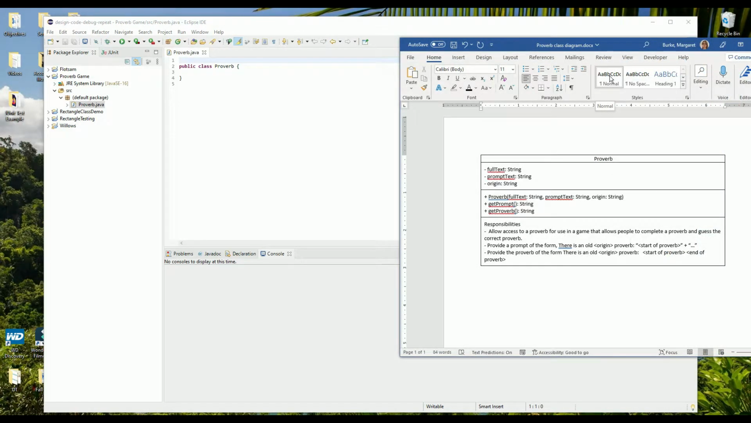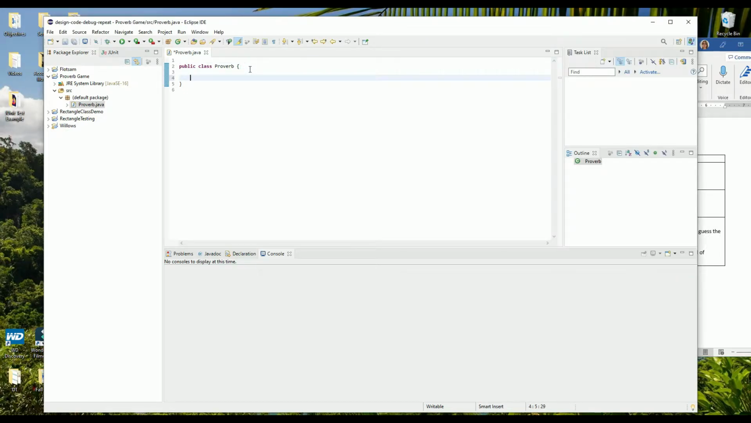Let's begin with the fields. The dash or minus sign in front of the fields in the class diagram means that they're private, so we'll declare under the class header: private String fullText; private String promptText; and private String origin;